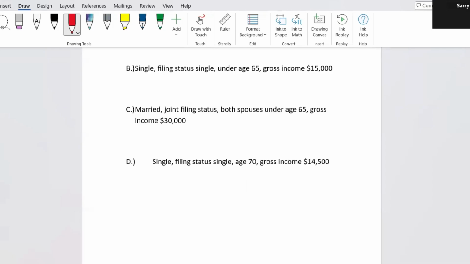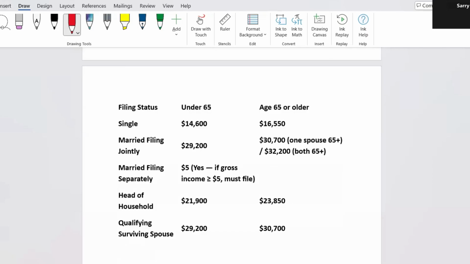So there's a table right here that I added in. You'll need to remember a lot of this table actually. And the way you would remember this is you'd break it down like single under 65 equals 14.6. You'd want to remember that part. And then you'd want to remember single age 65 and older. It might seem a little bit intimidating to remember this entire chart, but it gets easier because you'll know, for example, like MFJ, you'll just remember that it's up there close to $30,000, and then just a little bit of a bonus if they are 65 years old. You'll remember that MFS, obviously, the worst filing status, is like almost nothing for the standard deduction. So you get the hang of this.